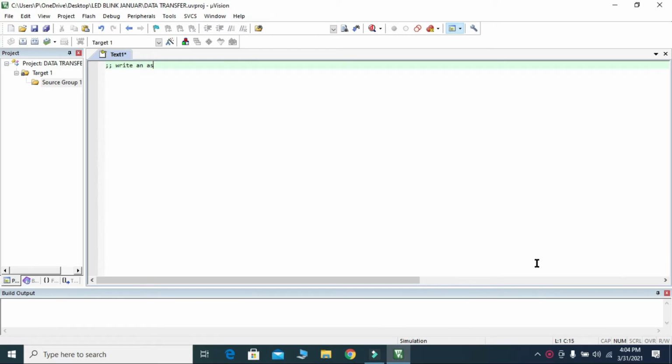Write an assembly language program to transfer 5 data bytes from 30H location to 40H location in the internal RAM of the 8051 microcontroller.